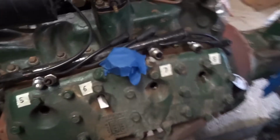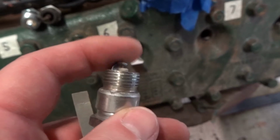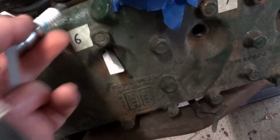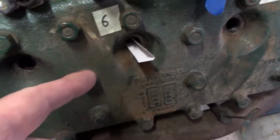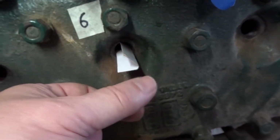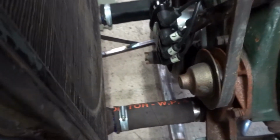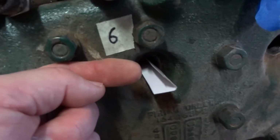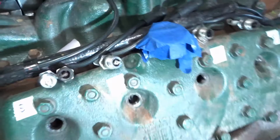I'm just a little bit worried now. I'm just wondering, is the reason this plug is pushed down so there's no contact gap because the valve has been adjusted wrongly and it's come up too far and hit it? So what I've done is I put this bit of cardboard in, folded over, and then when the valve was down, I hand crank the engine a tiny bit, just watching the cardboard get pushed out until it doesn't come anymore. So I now know, put some light on this, that this valve that you can see, well, you probably can't see,